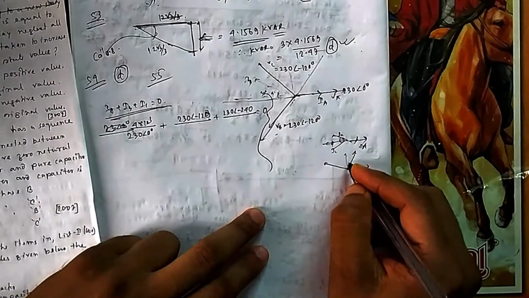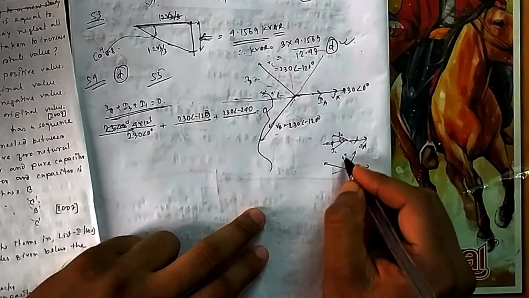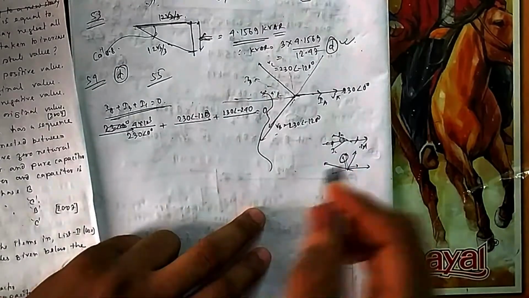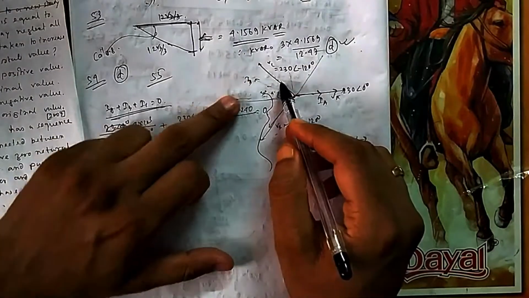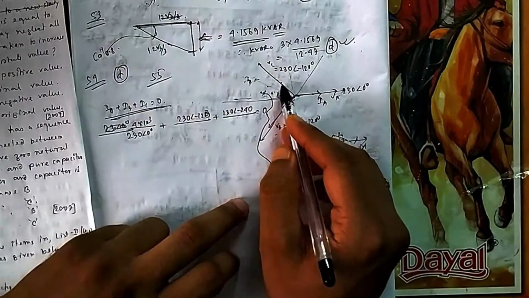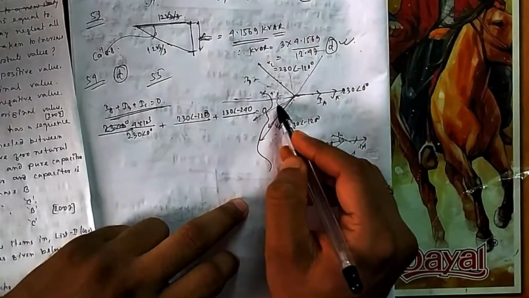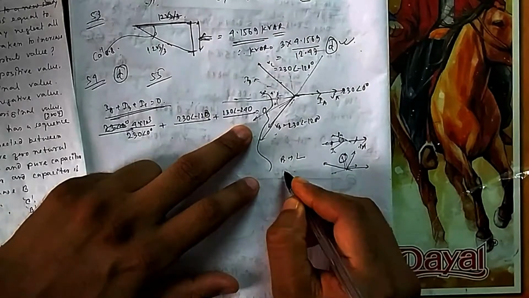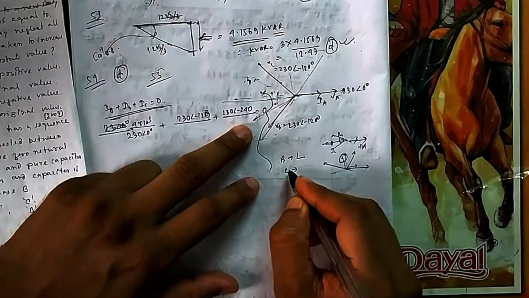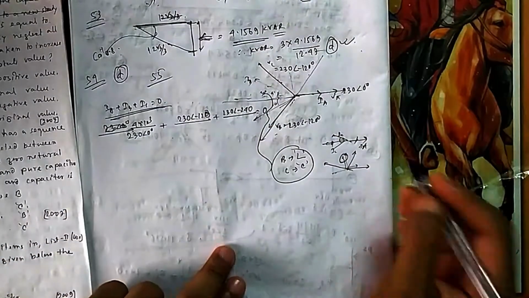Because this will have two parts, this will also have two parts, so these two parts will never get cancelled. The imaginary part should be cancelled. So obviously both should not be L. Now suppose I give C here, this C means it will lead the current, so it will come somewhere here, again 30 degrees. So that will give me one answer. That means in B phase if I put L, in C phase if I put C, that can give me one answer, because in that case there is a possibility of becoming 0.